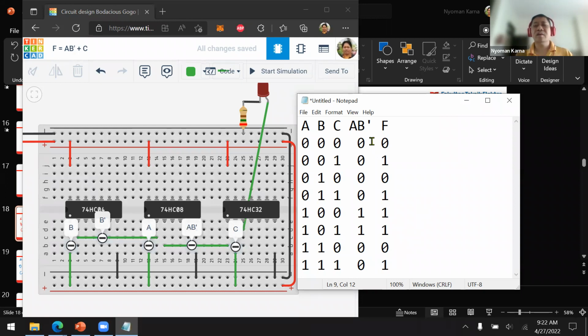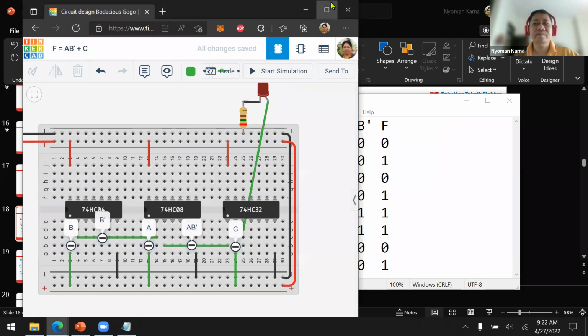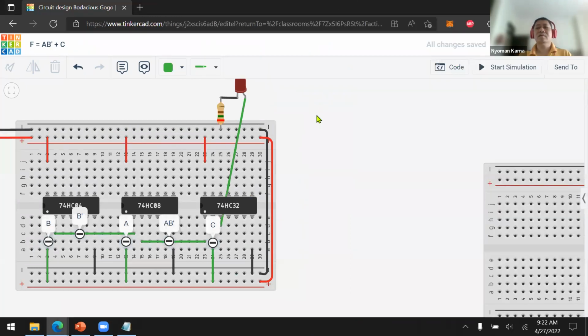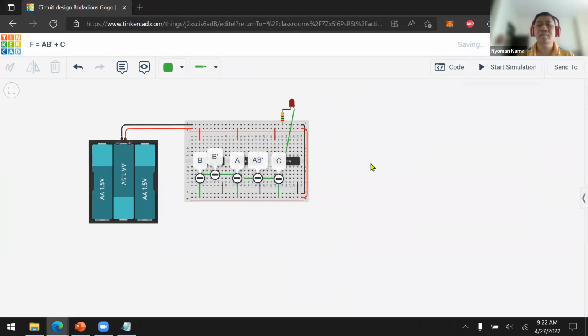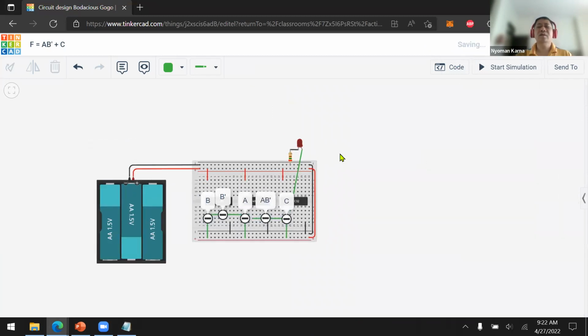So the truth table is correct because it represents AB naught plus C. Okay. So this is for AB naught plus C.